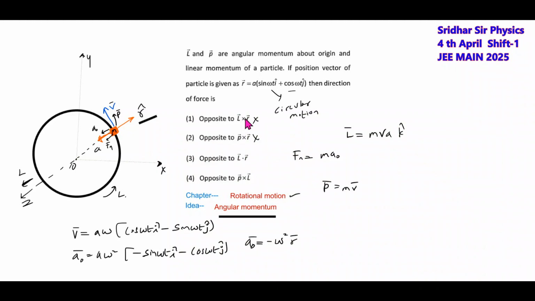So I think it's a force. Not possible. No, along this direction. Okay, no, opposite to P bar cross L bar. Momentum vector is this one. And L bar vector is along Z axis. Z axis will be